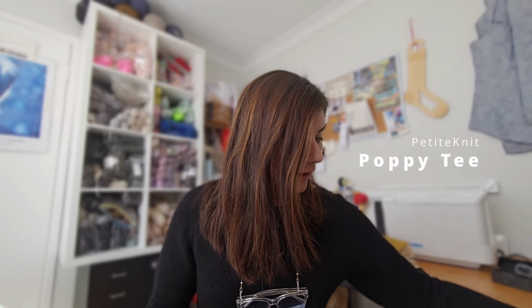So all that to say that I got a discount offered to buy this yarn. I've acquired the yarn, clearly, and I cast it on for a Poppy Tee, which I've been really, really wanting to make. And I had been dreaming of making one in Cardiff Cashmere, in Hermes, or the other red, which I think starts with a G, the darker red. But